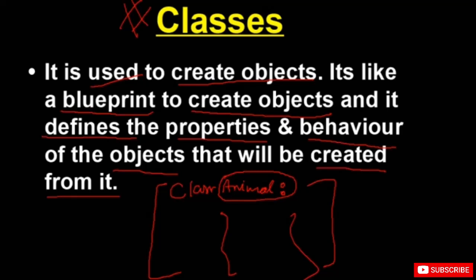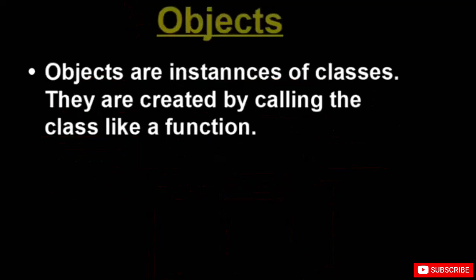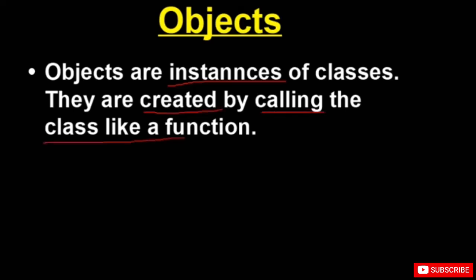Now back to the objects. Objects are instances of a class, like our object was animal there. They are created by calling a class like a function. Well, you can call a function again and again. Once you write a program, you can use it anywhere, wherever you want. Like you have created something in line 1, you can call it in line 1000 or 10,000. That depends. You just have to call that function.